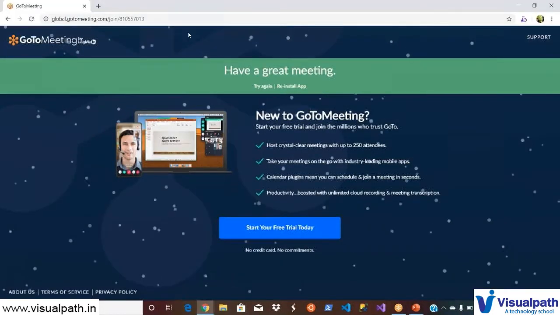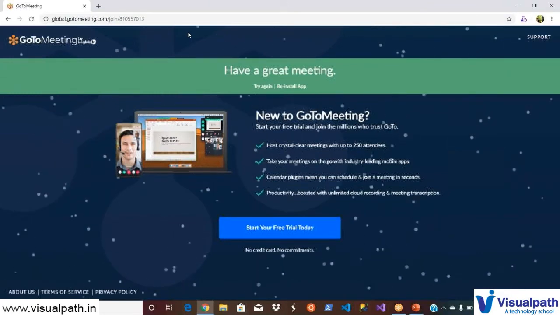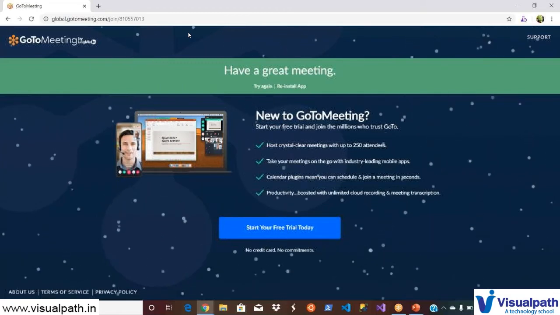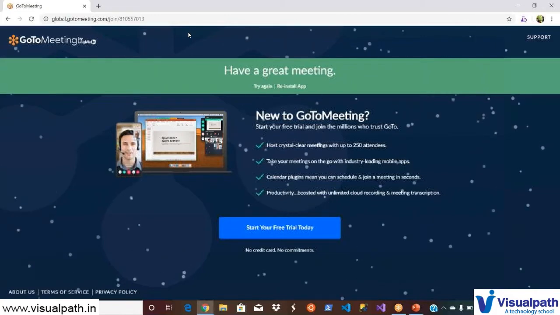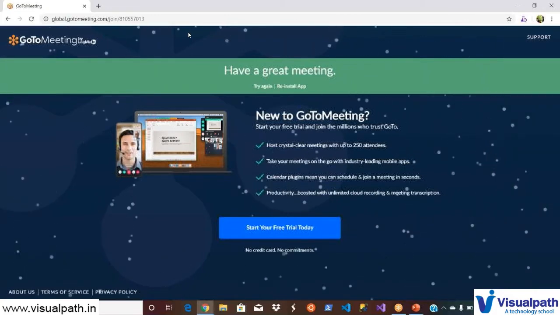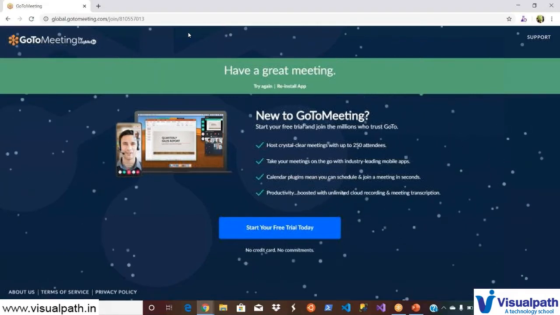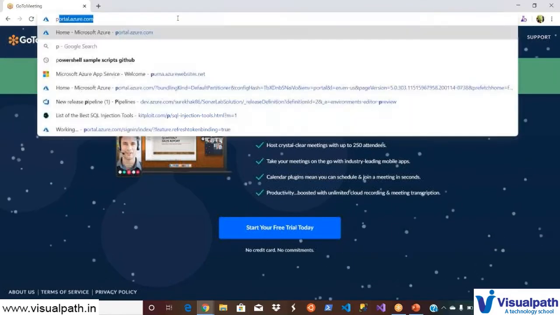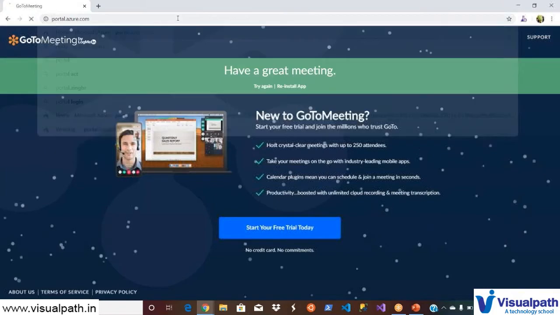For the first couple of sessions, I will log into Azure Cloud, and from there I will go to the Azure DevOps portal. After a couple of sessions, once you get used to this, I can directly log into the Azure DevOps portal. So the traditional way to log into the Azure Cloud portal is portal.azure.com, which is the Azure Cloud portal URL.